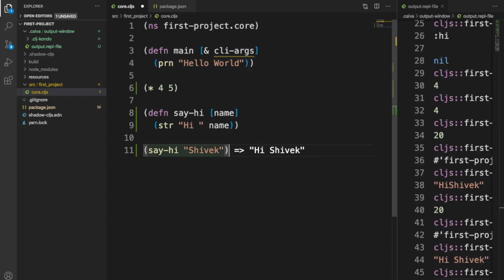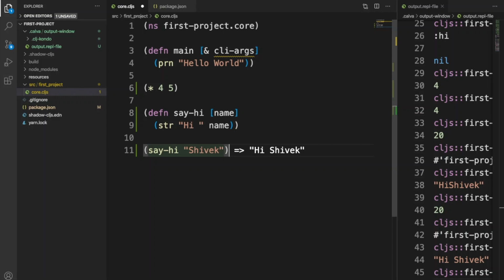In the demo, we also defined a new function using the defn macro and called it inline. You can also evaluate third-party libraries, refer to inline docs, and a lot more. Something like React's hot reload compiles your code each time you save, so the newer version is available in your browser. Inline evaluation lets you completely bypass the browser or your runtime and lets you evaluate your code right in your editor. Our first project was configured to run as a Node script, so the inline execution of the code happens in the Node environment. And the REPL serves as a bridge.